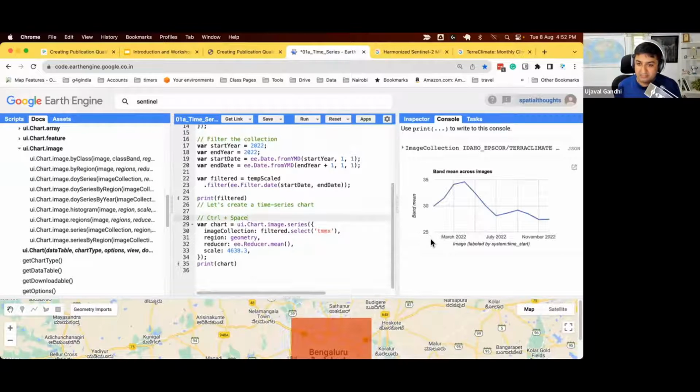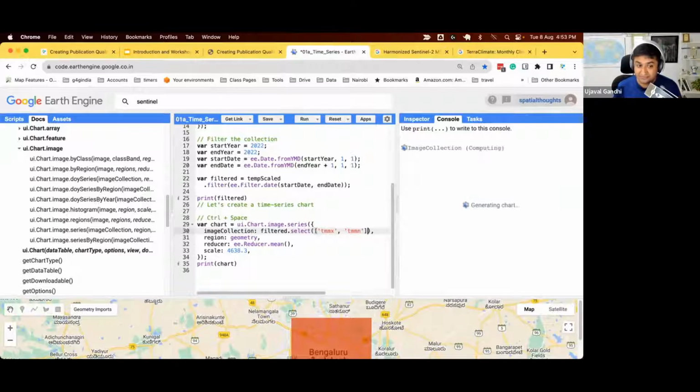So in Earth Engine, this plot is called a series. Right? So you have one series on your map, so one y-axis value. You can have multiple y-axis values for each x-axis value. And the way to do this in Earth Engine, whenever you find yourself wanting more than one line, that means each line has to be a band. So here we selected one band. One band means there's one y-axis. I can select both the bands. So I say I want both TMMX and TMMN, right? I want both the bands. That means I'll get 2 lines,